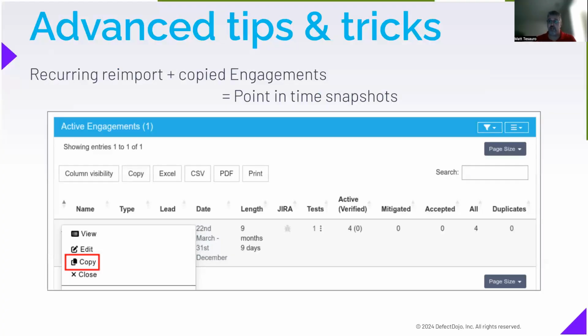And then a neat trick that I've seen some customers use before is they will do recurring re-imports into an engagement over and over and over again. But they needed to prove to an auditor, this is like the once a quarter thing or a once a year thing, that they did an engagement to test at these particular calendar intervals. So what they would do is they would continually re-import into the same engagement. And then at the end of that quarter or end of that year or whatever the time period was,